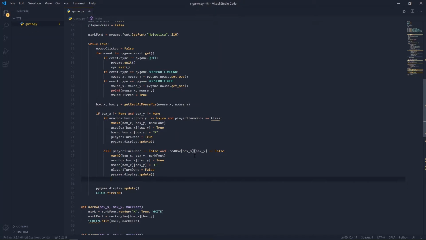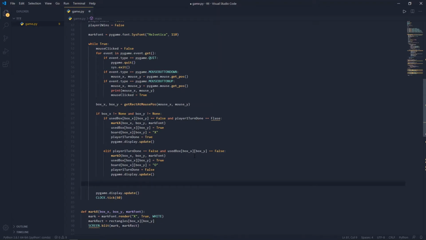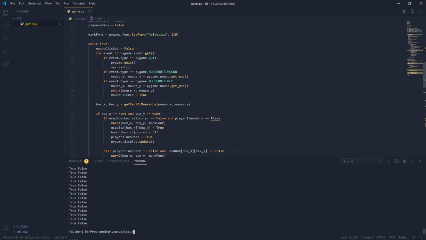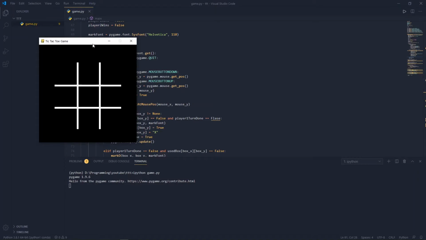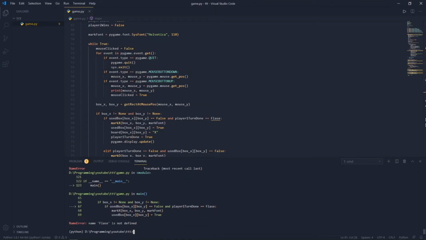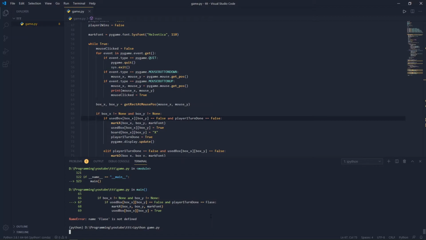And after this we can check for the victory. So outside of both if conditions, we will simply check for victory. So let's run the code for this part to check for any errors. So let me just clear this, and ipython game.py, and oh, I made a spelling mistake of false, F-A-L-S-E. Hopefully it's the only error,